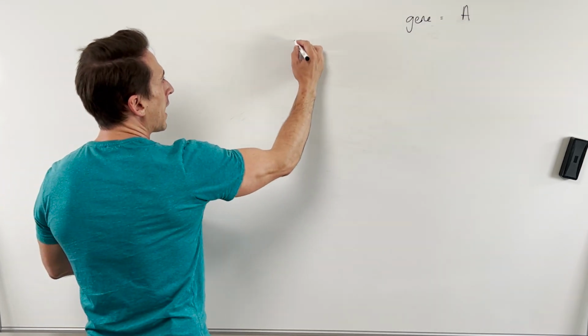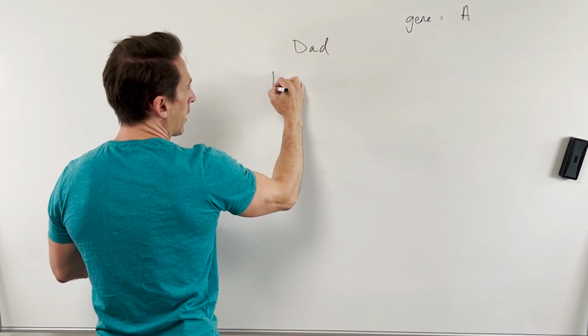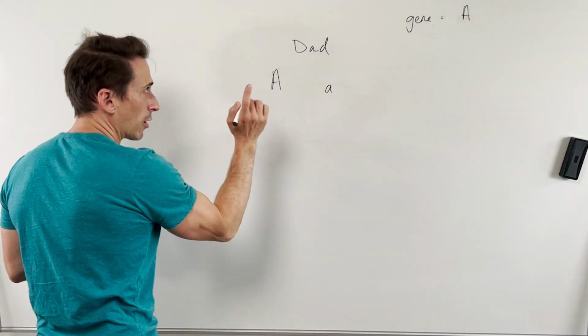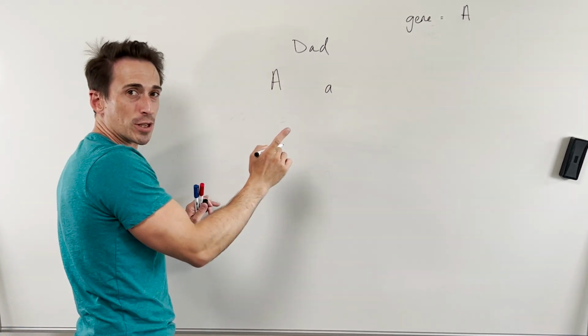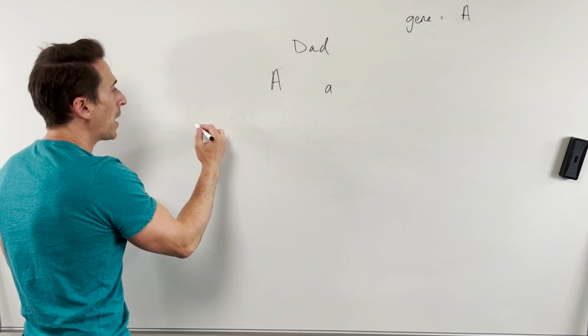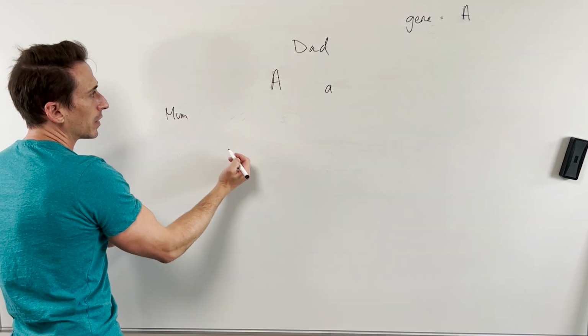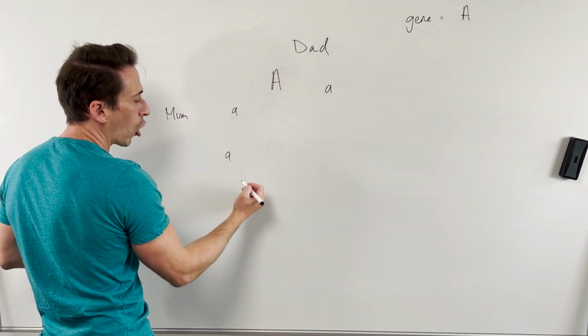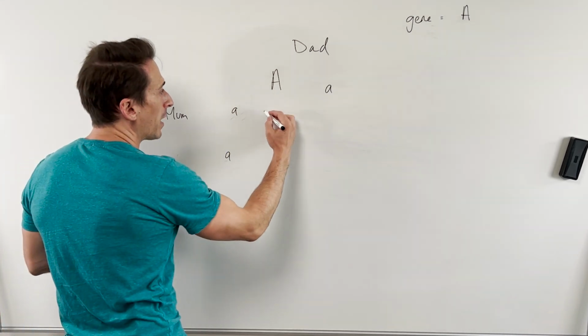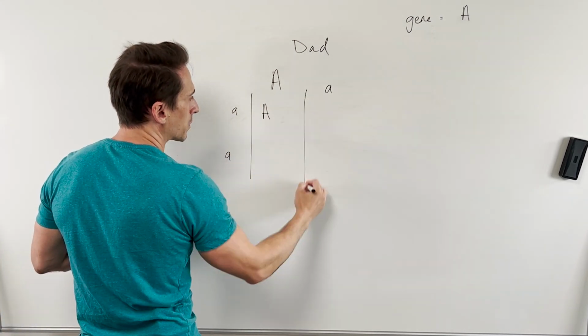So let's just say it's dad that has the dominantly inherited gene. That's the disorder. Now remember, if it's dominantly inherited, you only need one copy to get the disease, which means dad has the disease. Mum, in this case, is homozygous recessive for the good version,